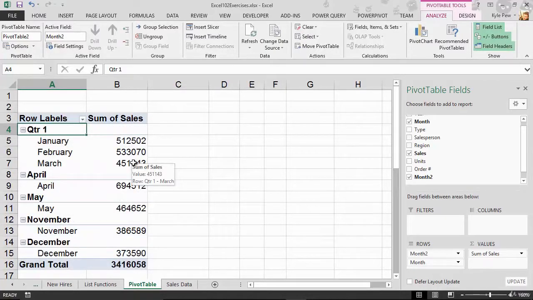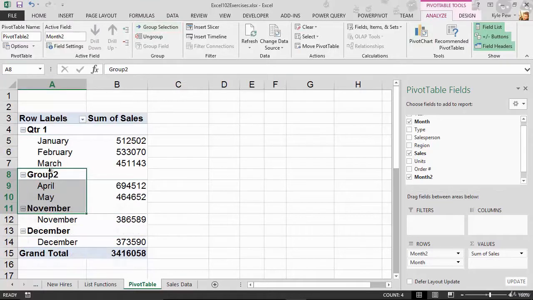But you know what? By default, it went in and grouped the other ones kind of independently of each other, which really isn't what I wanted, but this works for now. So my next step is I'm now going to grab April and May. Let's actually grab all of that right there, and I'm going to group that. So with those selected, I'll go back to Analyze, and I'm going to group the selection. All right, there's my group 2, and I'll rename that one. This will be quarter 2,